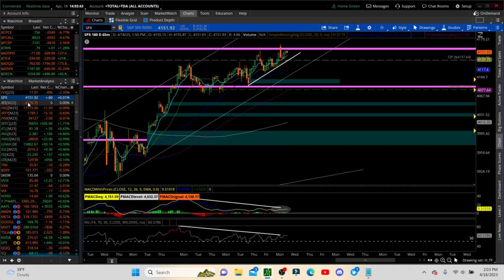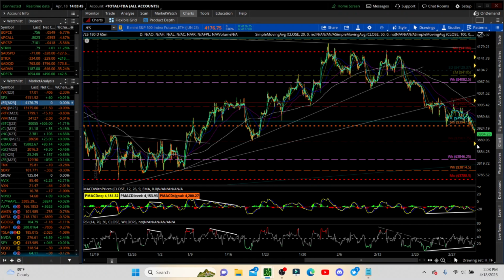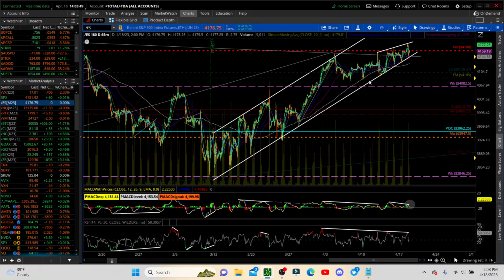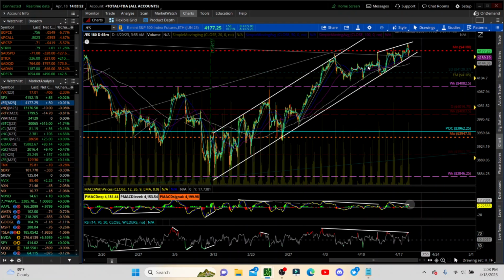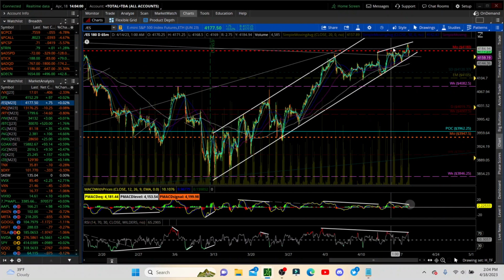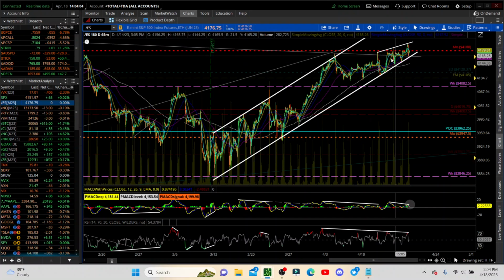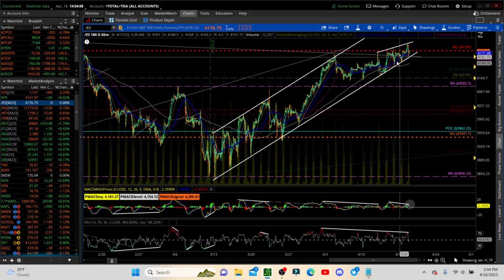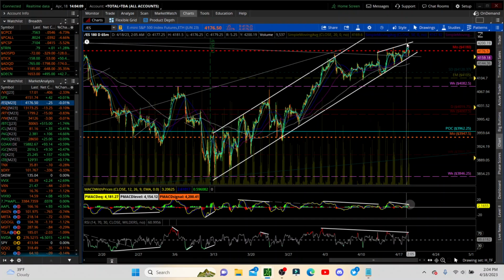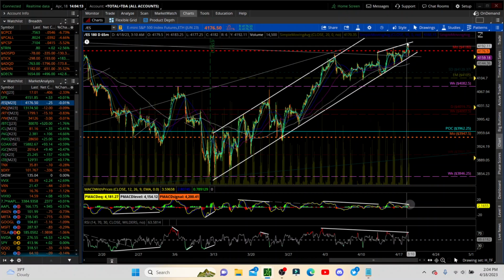And then if you look at an ES, we're jumping around a lot, but I'm just showing you what comes of it. So here you go, ABC for a 1, ABC for a 2, ABC for 3, 4, and this is possibly, I thought you could get like a triangle in there for an ABC as well. You could kind of count that in a different way, but this would be the ending right there, impulsive